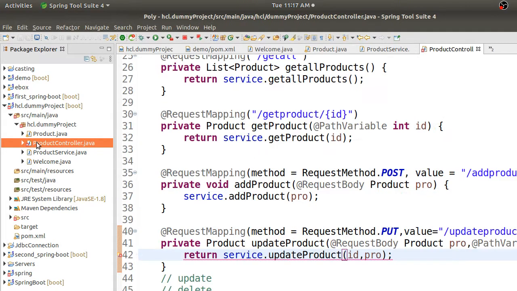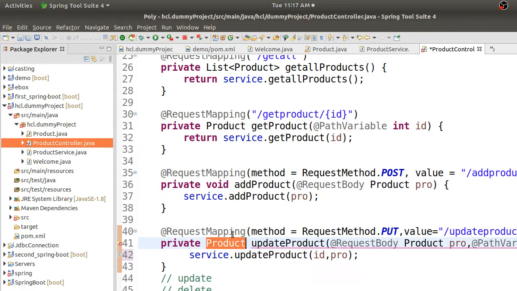There is one error here, I will just check it out. What is the error? Change update to... Okay, I don't want to return anything, I will just write false. I will stop the server and restart the server.